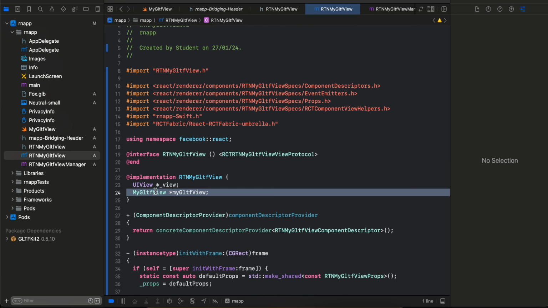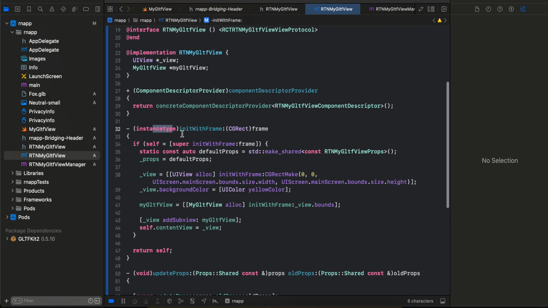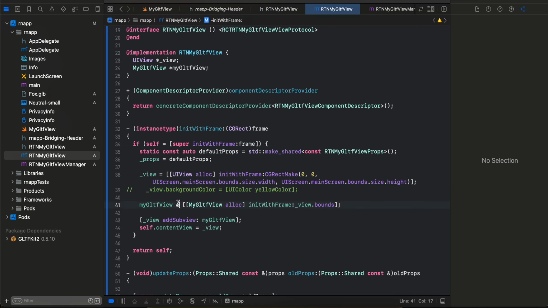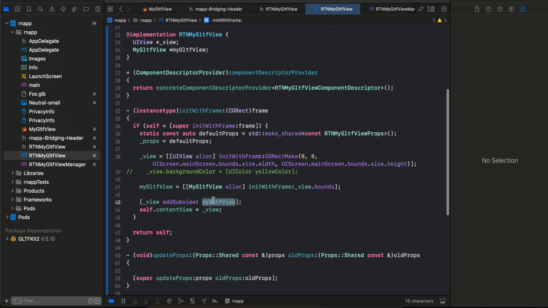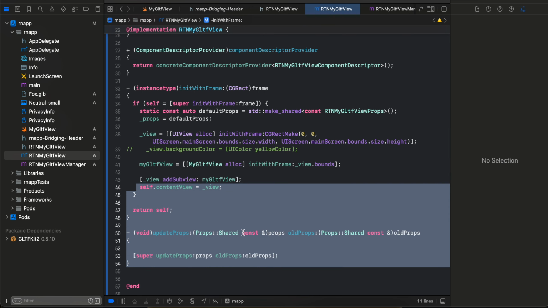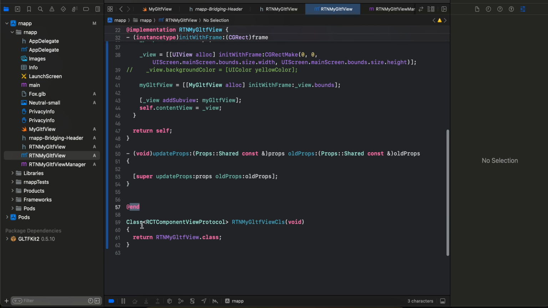Here we are initializing our Swift file. This has been copied from docs, names has been changed. This entire thing is copied from docs. Here we are initializing our view to occupy entire width and height. We don't really require a background color. Here we are initializing our Swift file, adding it to our view. Then again this has been copied from docs, only this names. Okay, this also has been copied from docs, and this has been copied from docs, only this name has been